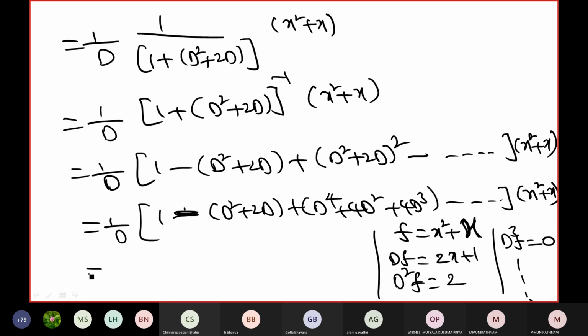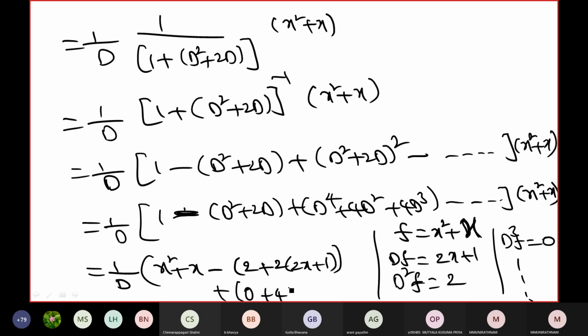Okay, stop here. 1 by d times 1 into this x square plus x. d square is 2, 2d, 2 into 2x plus 1. Okay? Plus d power 4 is 0. 4 into d square is 2. d cube is 0 plus 0. So finally